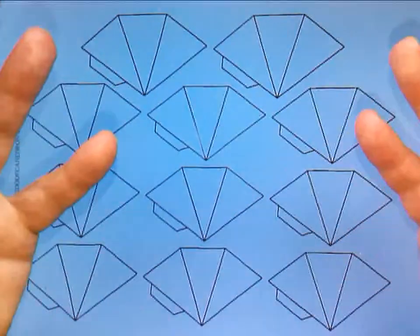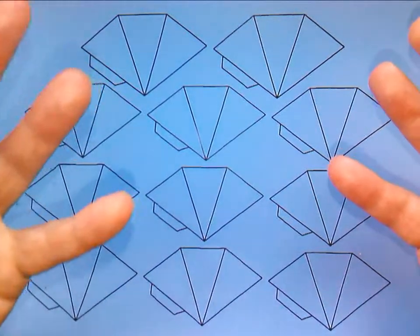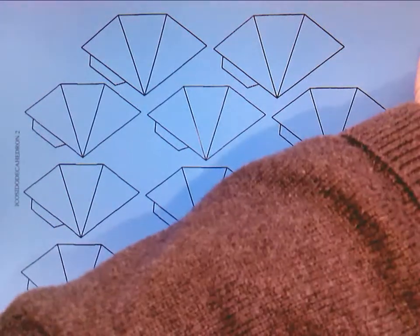Hello, my name is Andrew and I'm going to show you how to make a beautiful mathematical model called a polytope. You will need a ruler